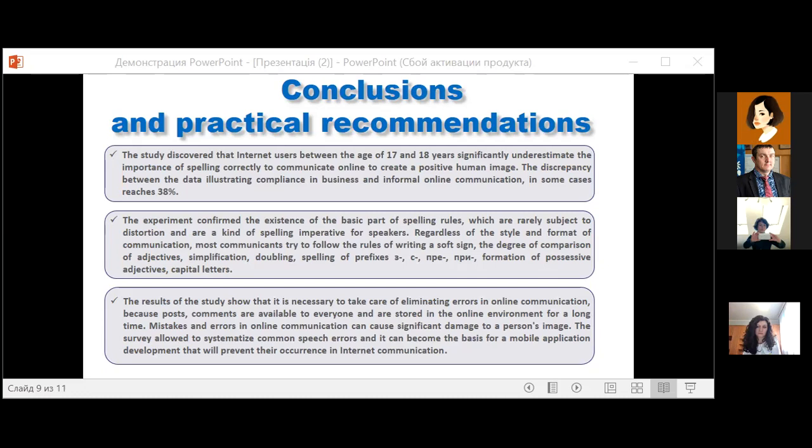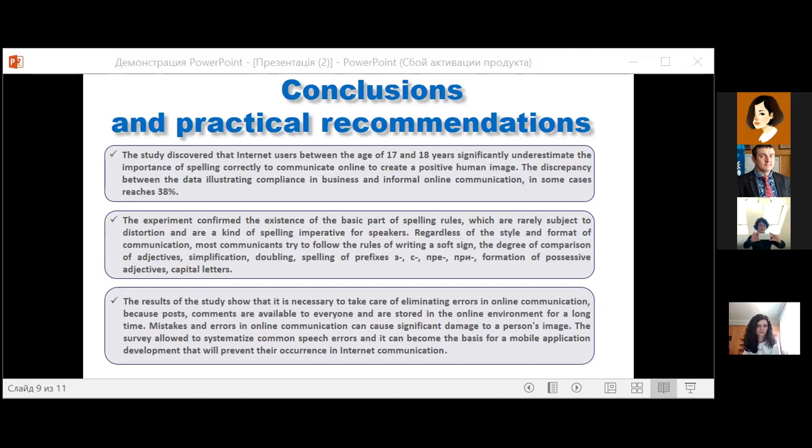Regardless of the style and format of communication, most communicants try to follow the rules of writing a soft sign, the degree of comparison of adjectives, simplification, doubling, spelling of prefixes z, s, pre, pri, formation of possessive adjectives, capital letters. The results of the study show that it is necessary to take care of eliminating errors in online communication